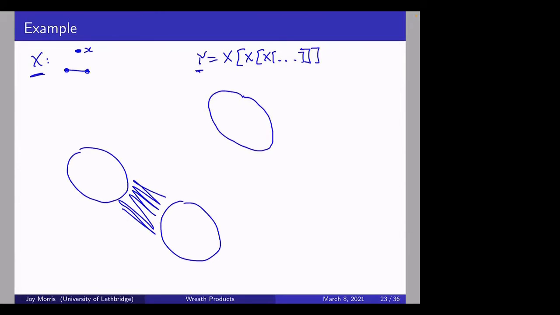Here's my copy of X that's blown up, and I replace each of these vertices with a copy of Y, and each copy of Y has a copy of X inside it. And then each of those has a copy of X inside them, and so on and so forth. I'm not going to draw the copies of Y inside these two copies, and I'll explain why in a moment. Remember this corresponds to the vertex x, and actually so does this. And for this automorphism, everything that's inside here is going to get fixed pointwise.